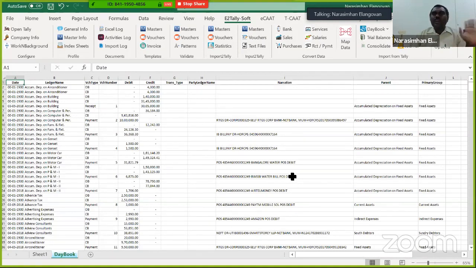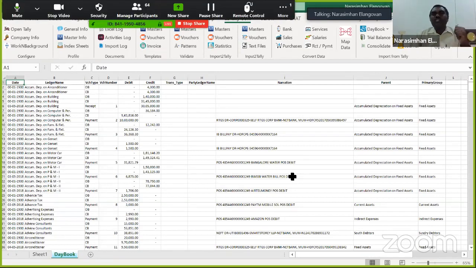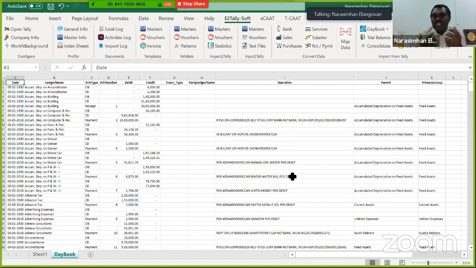Today, I don't need to spend so much time. I just click open, export everything from Tally. In a span of 2 minutes, my entire daybook comes. Now, based upon the format of the daybook, they have developed a macro which will push everything into the format, and consolidation becomes so quick. Correct? So these are examples.